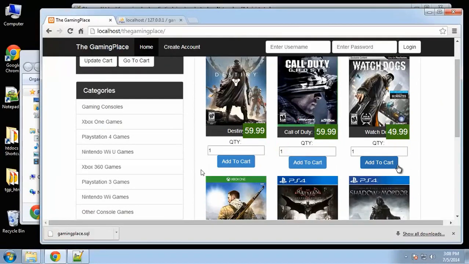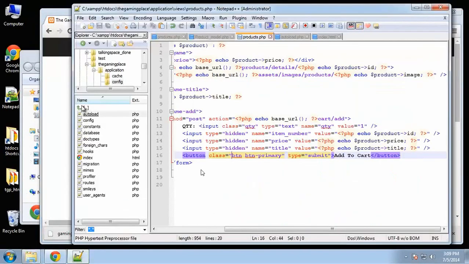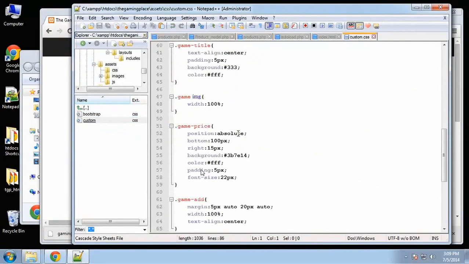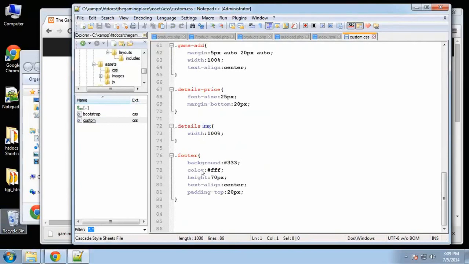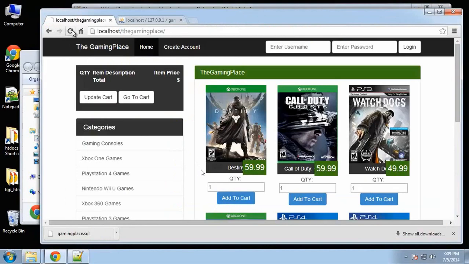Alright, so we just need to format this a little better. The prices, I'm going to move those up. The quantity input box should be shorter than that because I want it to go side by side with the cart button. So let's go into our CSS file, which is in the root, and then go to Assets, CSS, Custom, and it has a class of quantity, QTY, so I'm going to paste this in here. Alright, so we're going to make the input box 40 pixels wide, dark gray for the color, and center the text. Alright, so save that, reload,